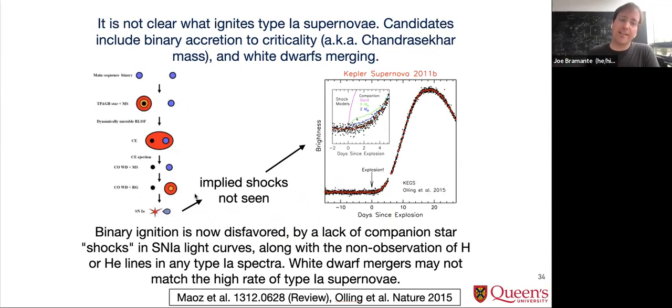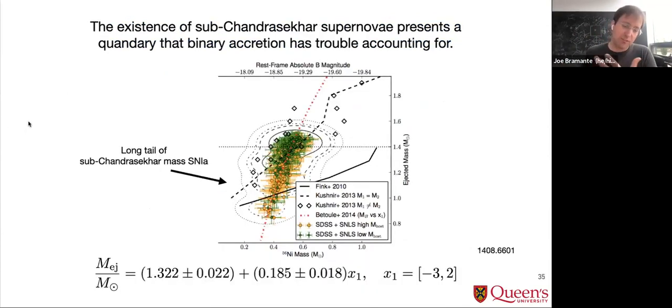So there are a lot of ideas for what is causing type 1a supernovae, like white dwarf mergers, or accretion of a helium shell that then ignites the white dwarf. These are all things that people who study type 1as and white dwarf progenitors talk a lot about. But one data set that sparked a lot of interest in what the actual progenitor is